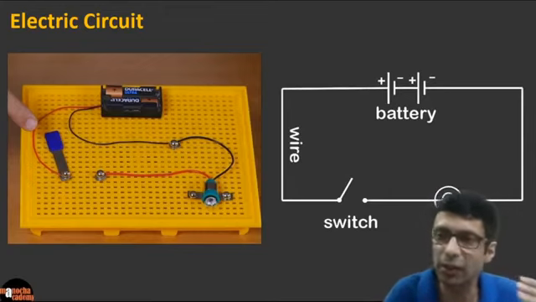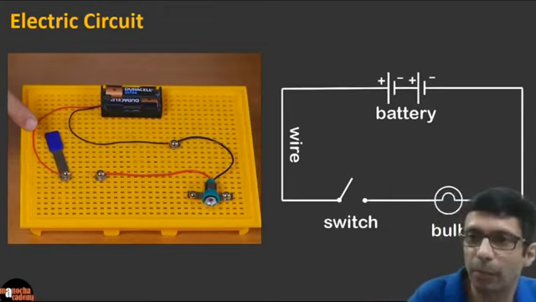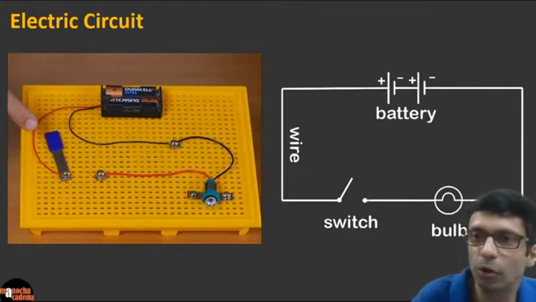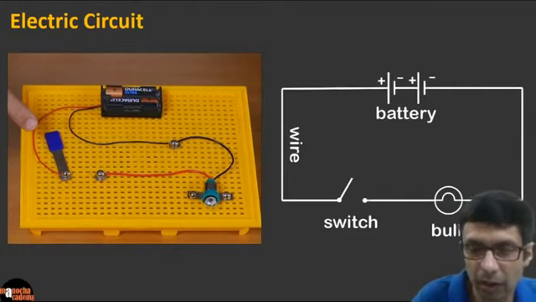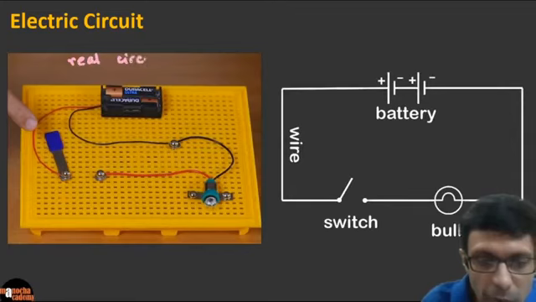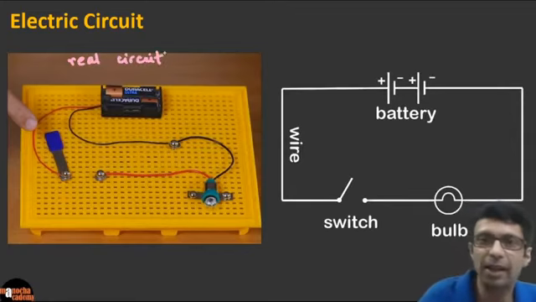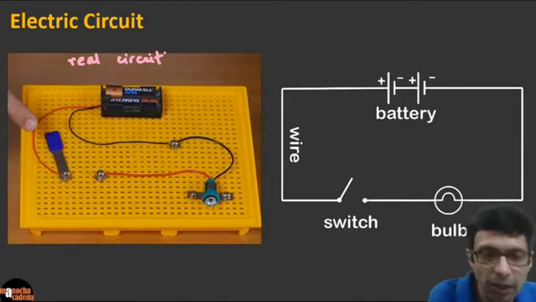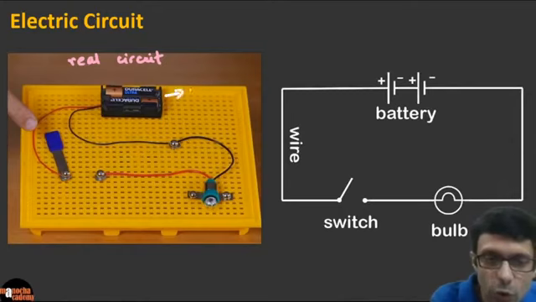We talked about electric charges, we talked about electric potential. Now let's also talk about electric circuit, guys. Here you can see the actual circuit, the real circuit, where I've connected this cell. Here we have the collection of cells. There are two cells here which form the battery. Two cells forming the battery.